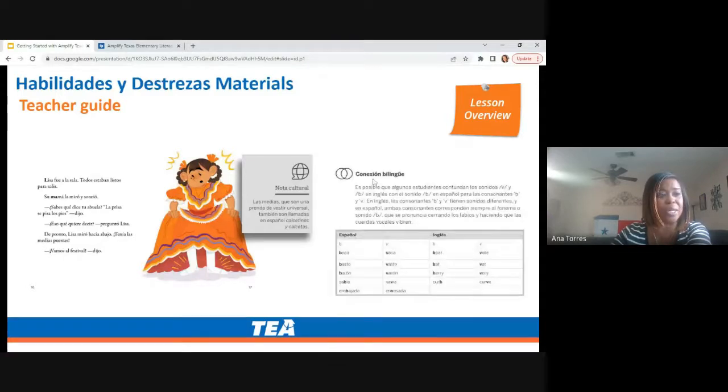Also, there's a conexión bilingüe, which gives you some information here in Spanish and in English and how those connections can be made. Those are also supports embedded in your lessons. And there's sidebar supports to challenge and give support, and scaffold for Spanish learners. So this is a great resource too for you as a teacher as you are previewing lessons, and gives you some really great information on how to scaffold and support your students in your classroom.